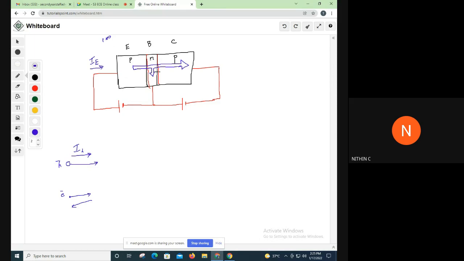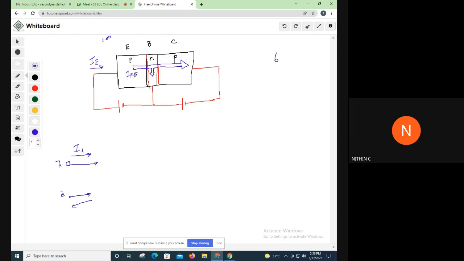Since the base region is lightly doped also, say we are having 6 electrons, because it is n type, so you will be having electrons as majority carriers. But since this is lightly doped and it is thin in size, you will be having say 6 electrons over here, and of the 100 holes, 6 holes recombine here and the rest will be moving to the collector. So we need to represent that in terms of current. If we are considering the current due to holes as IPE.